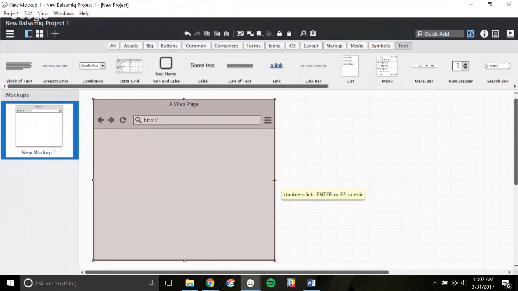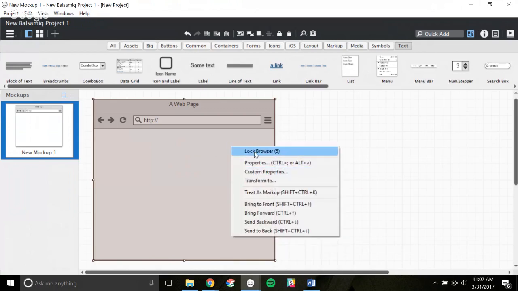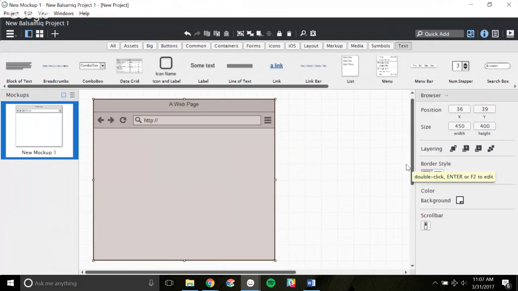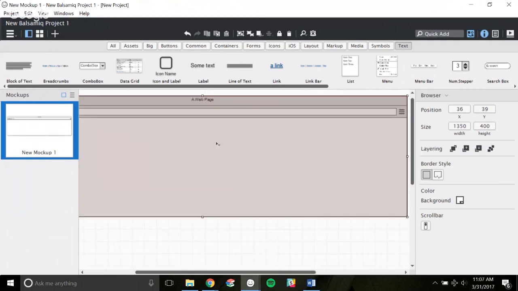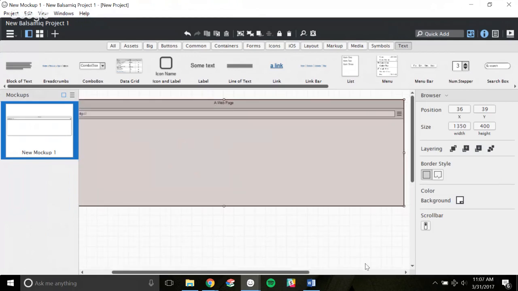So there's no science to this, but when I learned this from Joanna Weeb, the sizing that she gave us was as follows. So if you right click and go properties, now you've got the ability to edit this, to change it up. So we're going to do a few things. First, we want our width to be 1350. You want to make this huge. So I'll show you what that looks like. And we'll scroll out a little bit. You want to give yourself the space